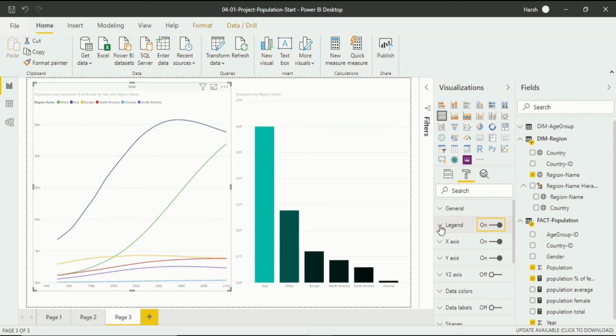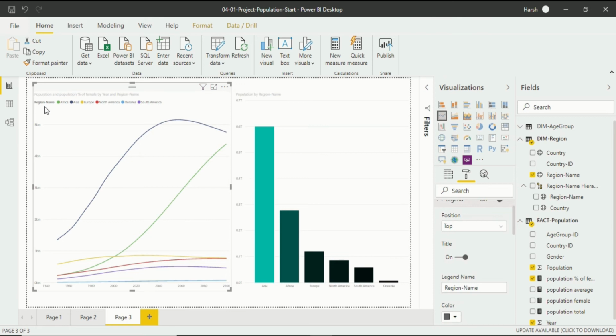So I want to change the font size and other aspects of it. How do I do that? In front of the legend there is a down arrow, you will click on it, and you will be able to see a lot of features in the legend options. Position: in the position you will be able to see that the region name is now on the top. So if I click on it, you will be able to see there are a lot of